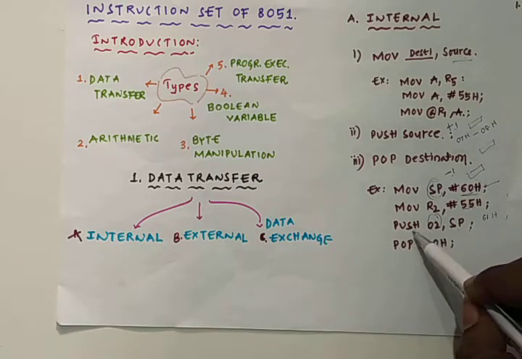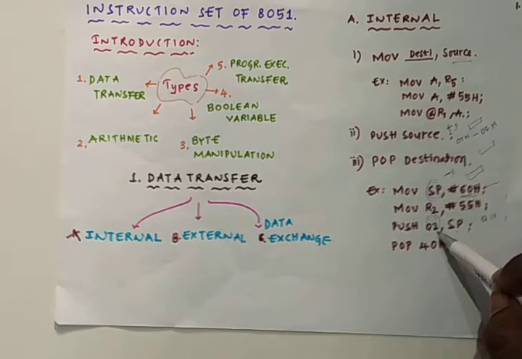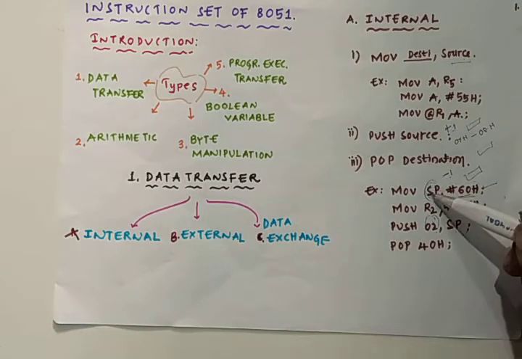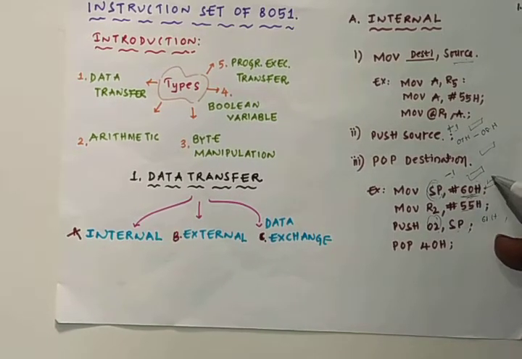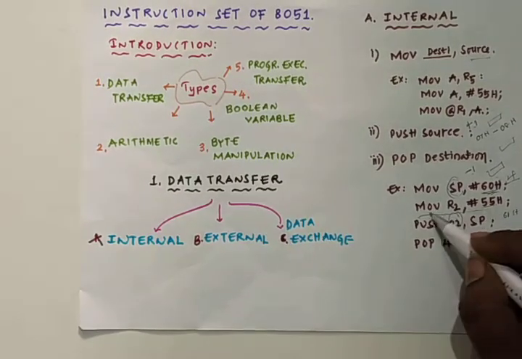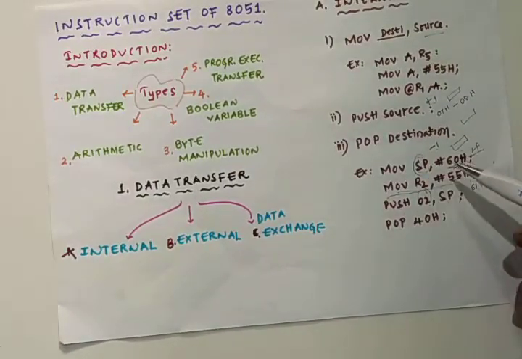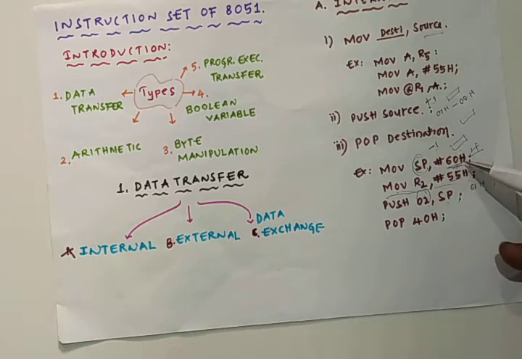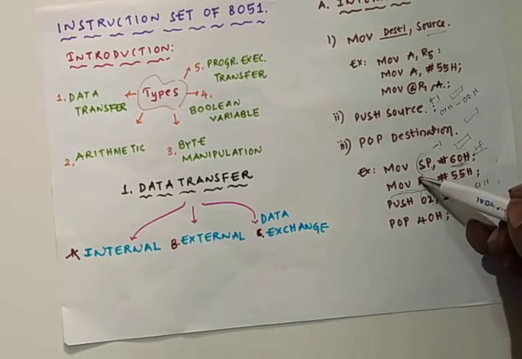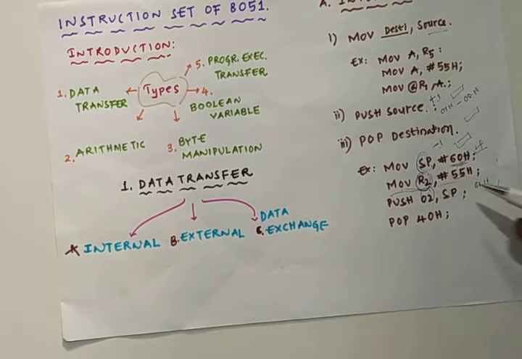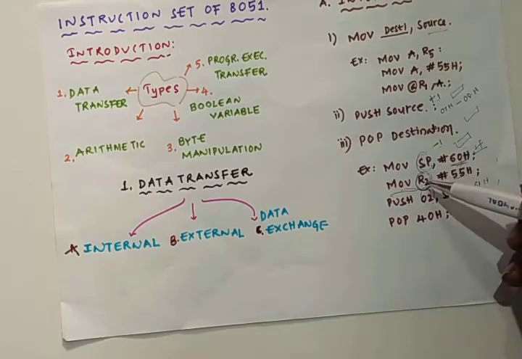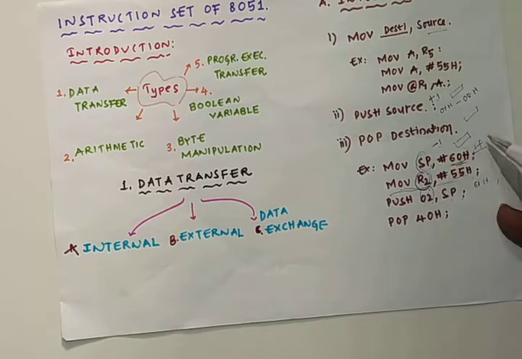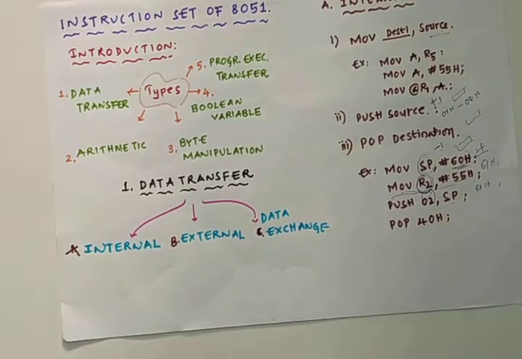Now this is push 02. Push 02 means the stack pointer will be incremented, that is 61H, and 02 means the second line of instruction, so that the 61H stack pointer address is about 61H, and this R2 is having the 61H address, so that this 55H will be moved into that R2 address. R2 address is nothing but 61H only, so 02 is the address of R2.